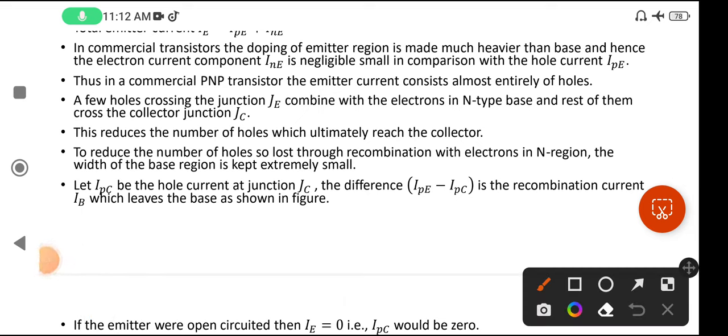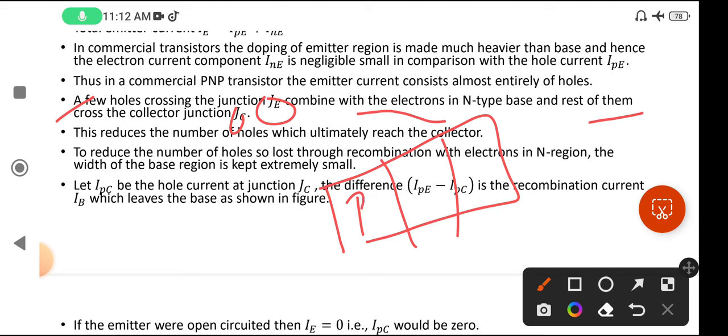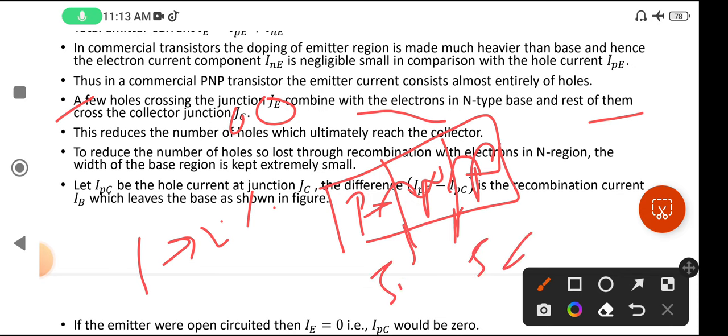A few holes crossing the junction JE combine with the electrons in the n-type base, and the rest of them cross the collector junction. So we know that it is p-type, n-type and p-type. Here a large hole current enters into the base, and as I just explained, around 1 to 2% of holes recombine, and the remaining 98 to 99% of holes enter into the collector region by crossing JC. It is the JE junction,